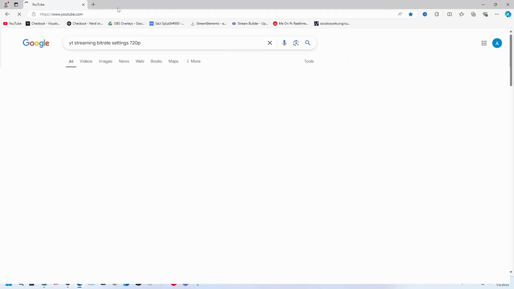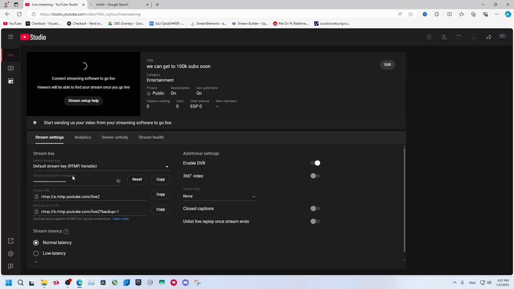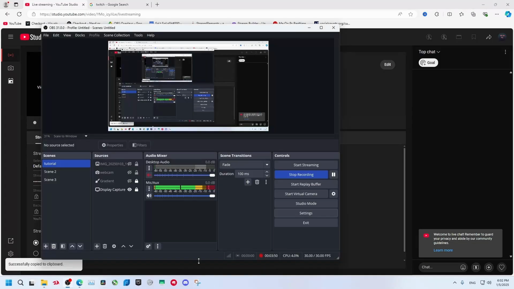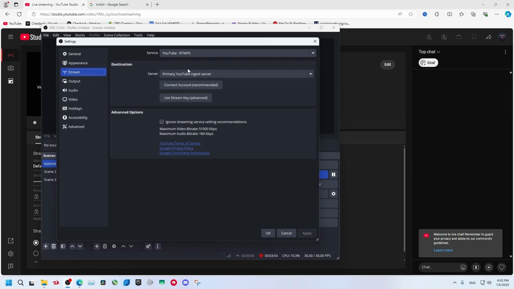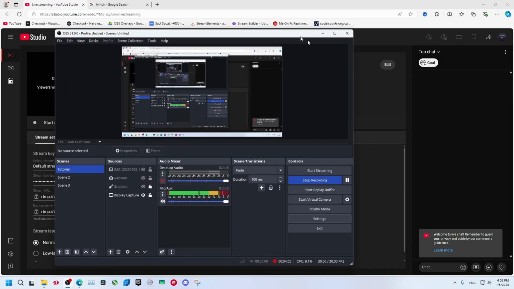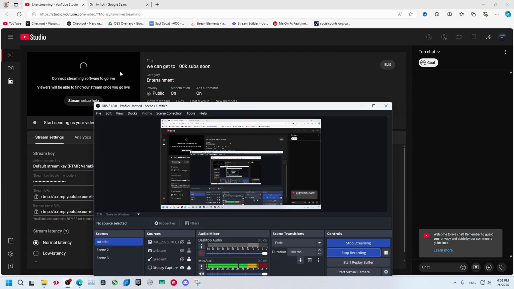Go to your YouTube or Twitch. You go to your YouTube and go to create, click on go live. From here you will find this stream key. Copy it, go to your OBS settings, stream, select from here YouTube, select use stream key, paste it in here, apply and OK. Now just click on start streaming and wait for a few seconds and you will find yourself